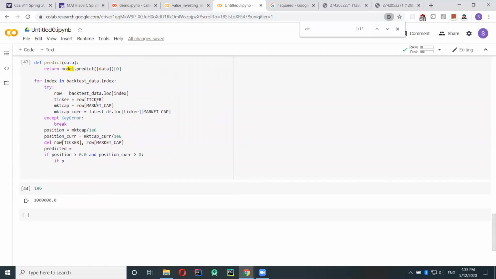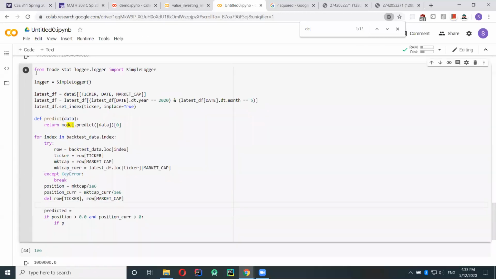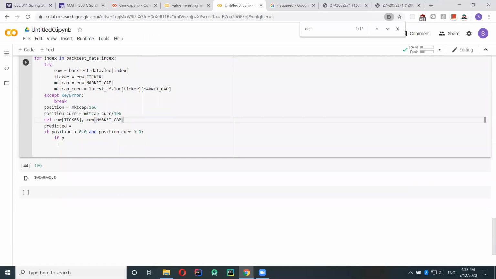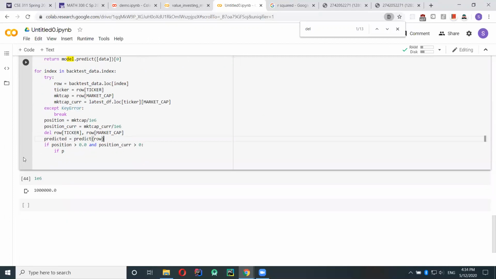We also need to delete the market cap for the input data so that the input data matches the same dimensionality as the training data. Okay, so what that does is it predicts the market cap based on the fundamental data that we pass in.